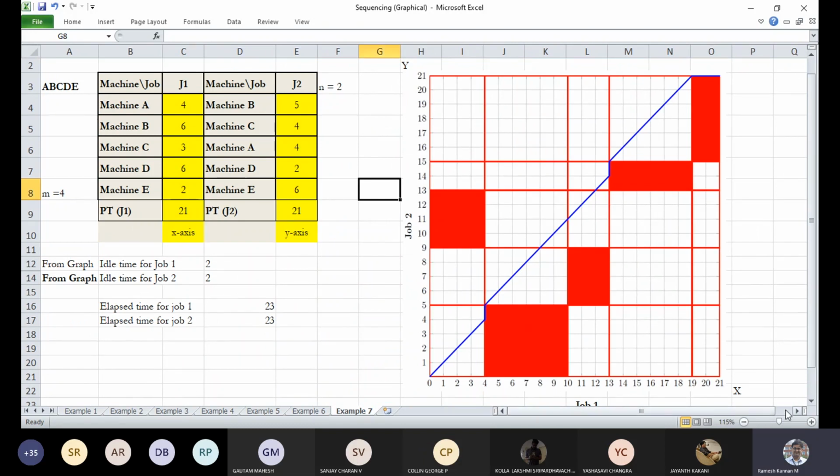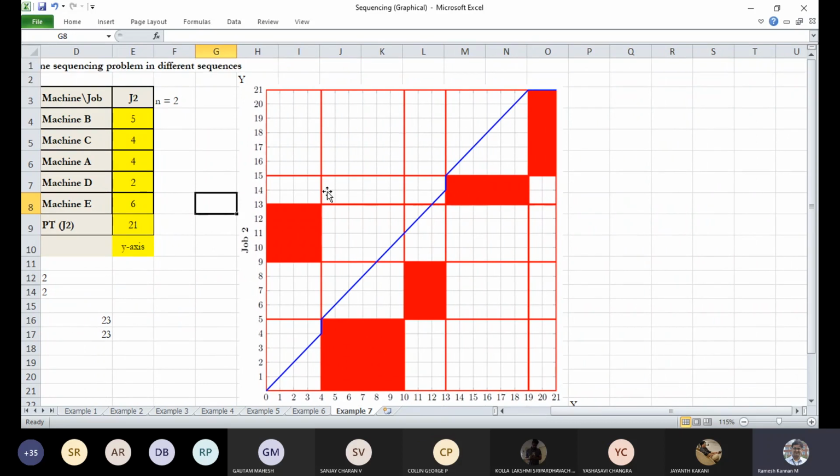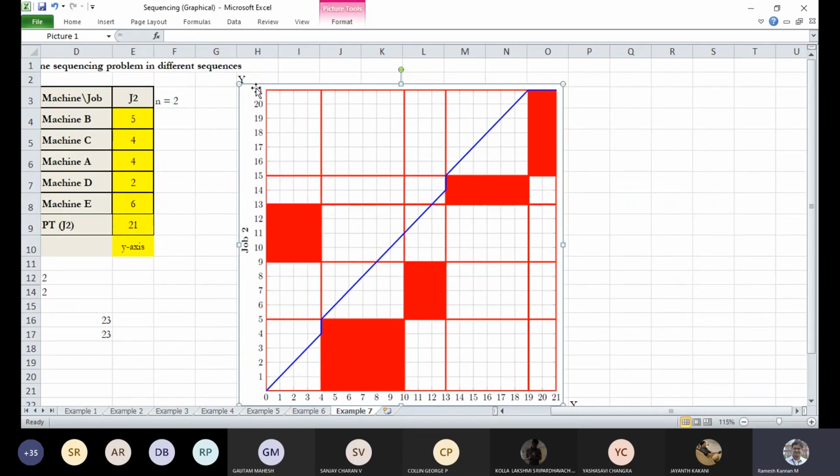So job 1 and job 2 are given, and then we will be formulating this procedure. First, we draw an x-axis and y-axis with the performance time marked.